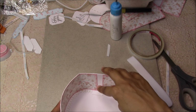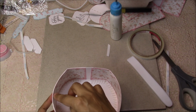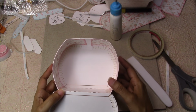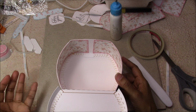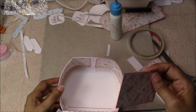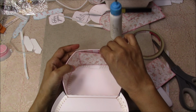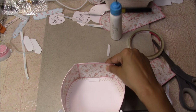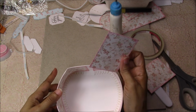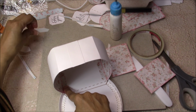You're going to find that there is a gap here, and the reason is that she wanted to make sure that these parts fit in the 8.5 by 11 PNG files to print. The alternative to that, if you don't like it, is that you can cut out another piece of paper, the same designer paper, and just glue it there and attach it like that, which is what I did. But the reason for these, I call them arrow pieces,